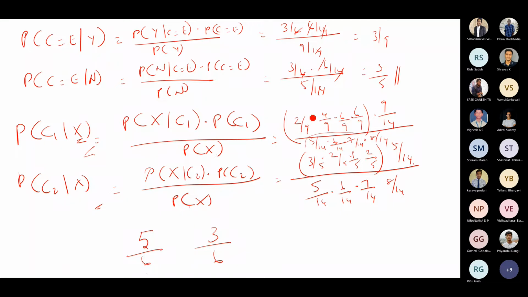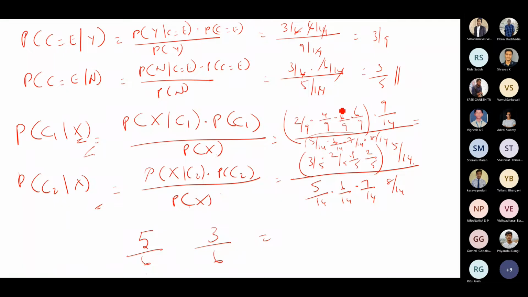So this will be approximated to only the numerator, because you are dividing by the same thing in both scenarios. Therefore you can ignore the denominator component because it is the same. It is not going to be different. So you do this value computation here, numerator alone. This will be 2 into 4, 8.